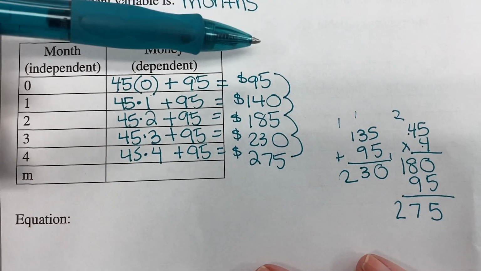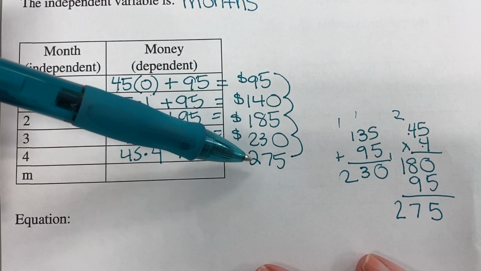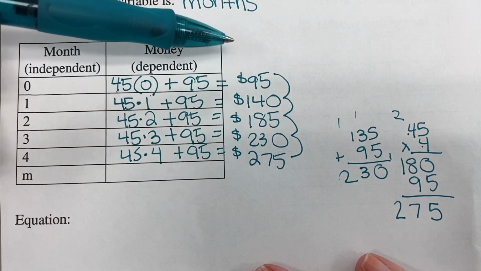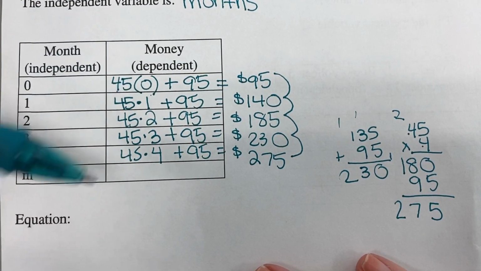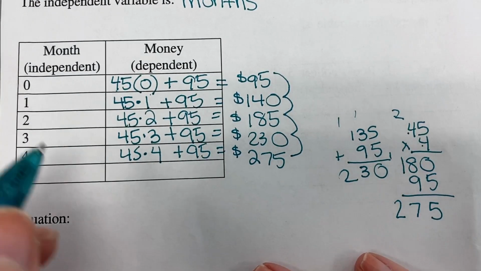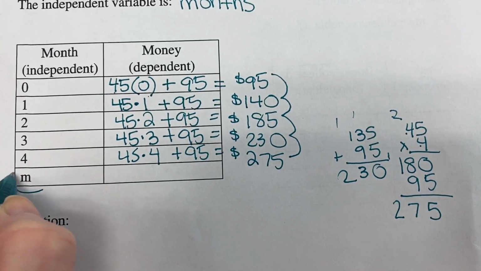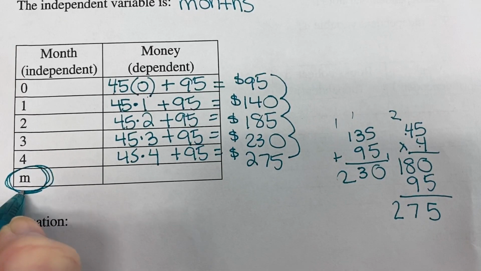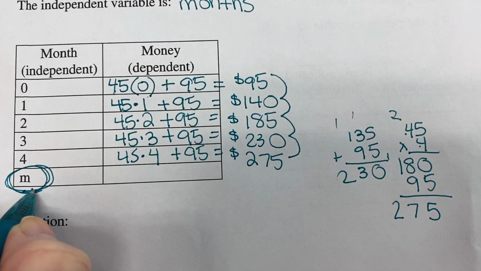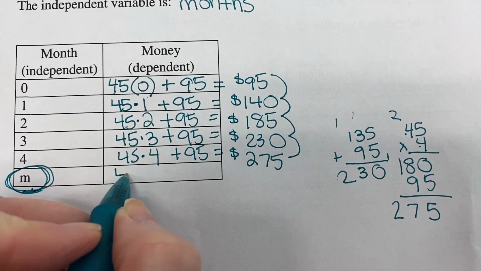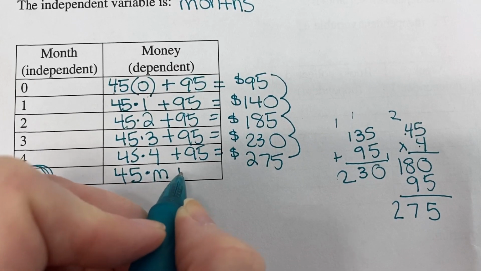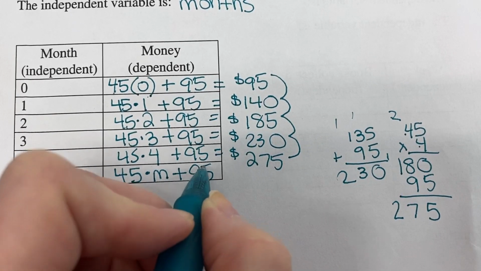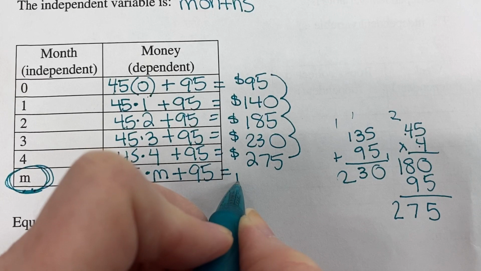What do you notice from here to here to here to here to here? What are we going up by each time? I hope you're thinking $45, which would make sense because every month you have to pay another $45. So our equation, what if we're joining this gym for M months? Well, that would be $45 a month times M months plus the sign-up fee would equal them,